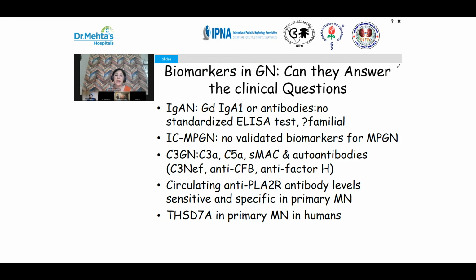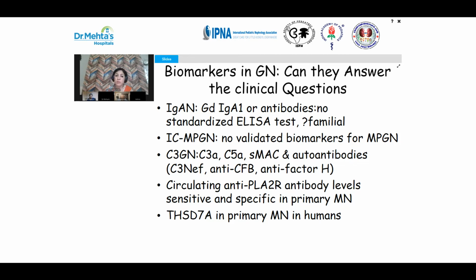So this brings us to a question: are there any biomarkers in glomerulonephritis which help us answer the clinical questions? Should we be biopsying this child early or can I wait? What will be the prognosis, and is our diagnosis correct? And how aggressively should these children be managed, especially in terms of immunotherapy, immunosuppression, and whether they need any alternative therapies like eculizumab? So can the present biomarkers that we have answer these questions that actually haunt a clinician? In some diseases, some good biomarkers have been available.